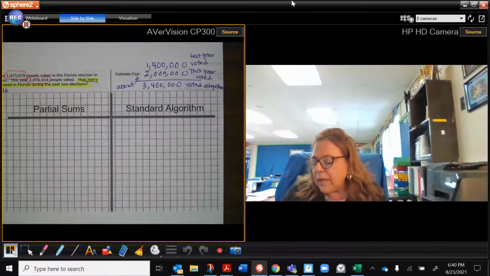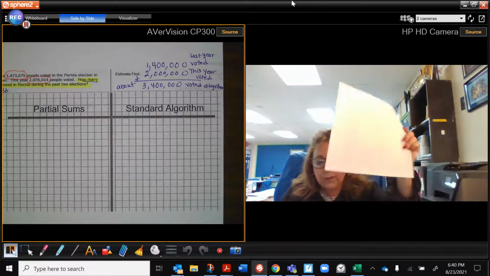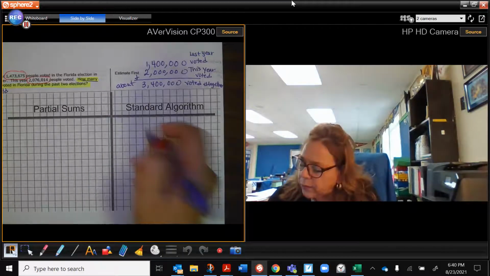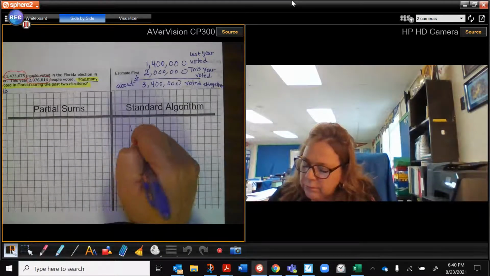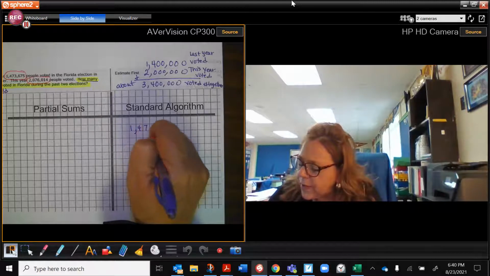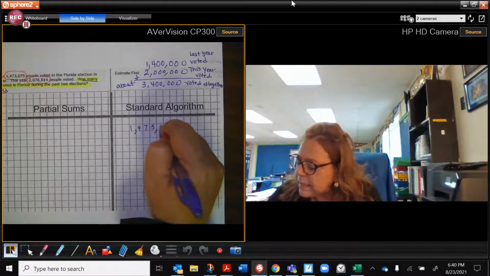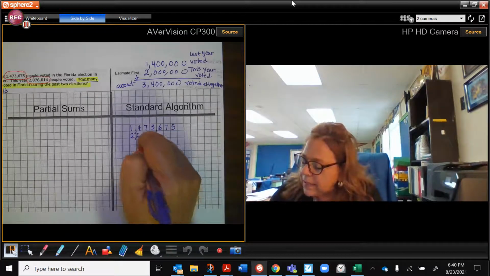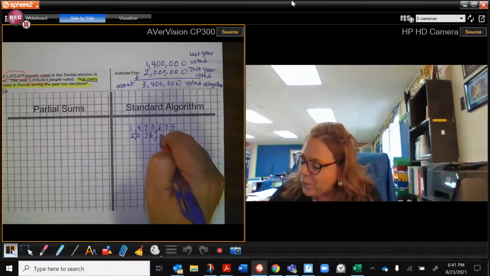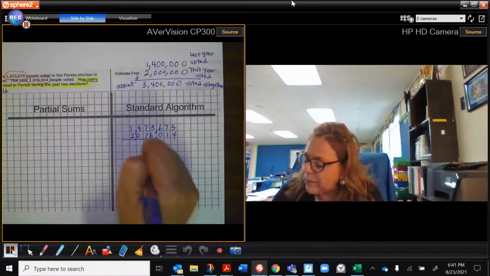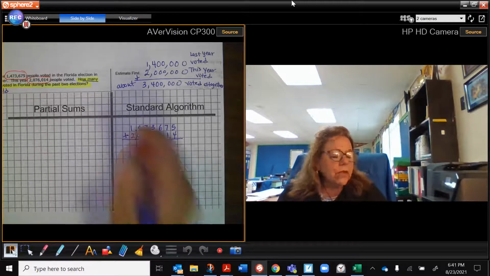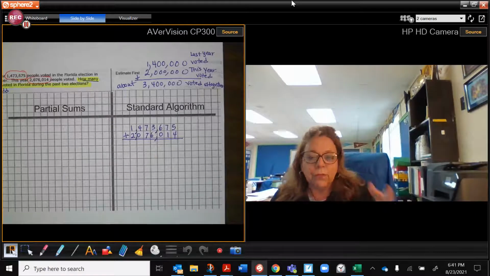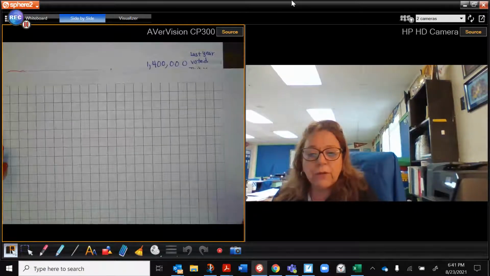Breaking this up. You will probably, some of you have taken home some of the graph paper and look at that, and then doing your standard algorithm where you have 1,473,675, and you have your 2,076,014, and then you add it up. Doing it on graph paper, remember that's your standard algorithm comparing your place values. I'm going to go ahead and move it over here,